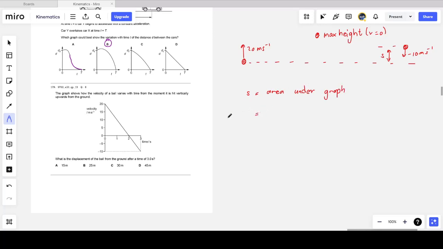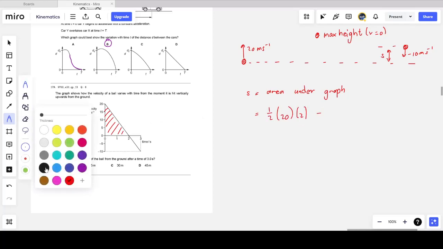So I need the area under the positive side of the graph minus the area of the negative side of the graph, because first the displacement is upward and then the area is negative, which means the displacement is negative, which means the ball is coming down. And so what this is, a half base times height, because it's a triangle, a half times 20 times 2 seconds,